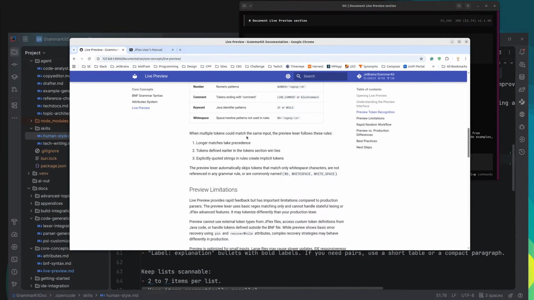When multiple tokens could match the same input, the preview lexer follows these rules. Longer matches take precedence. Tokens defined earlier in the token sections win ties. Yeah, okay. Explicitly quoted strings in rules create implicit tokens. Okay, what? Explicitly quoted string. Oh, yeah, okay. I got that. The preview lexer automatically skips tokens that match only whitespace characters, are not referenced in any grammar rule, or are commonly named. So that is still